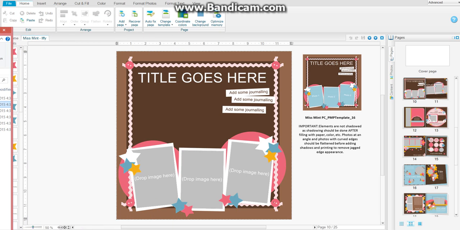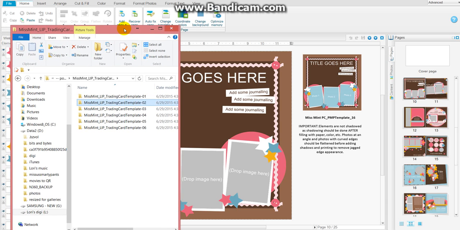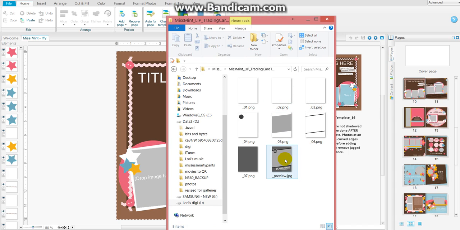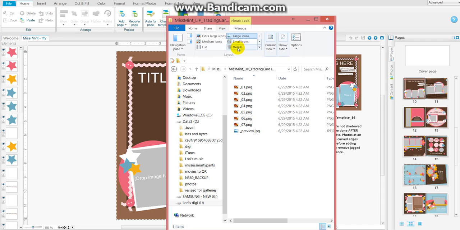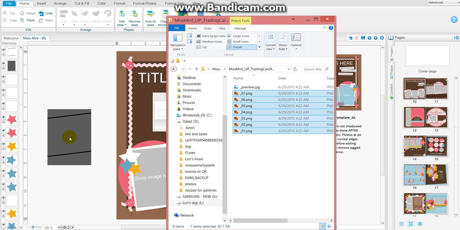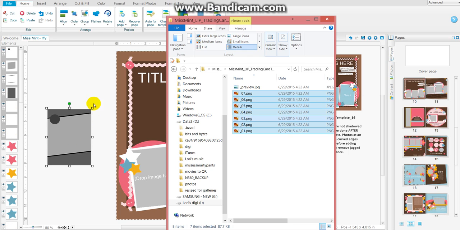So you can see I'm using the MissMint template 16, and I am going to just open one of these folders. And I don't need the preview at all, but I do need to pull these over in the correct order. So the way I do it is to go to Details and then to flip them so it's the back layer first. You just pull those onto the page,